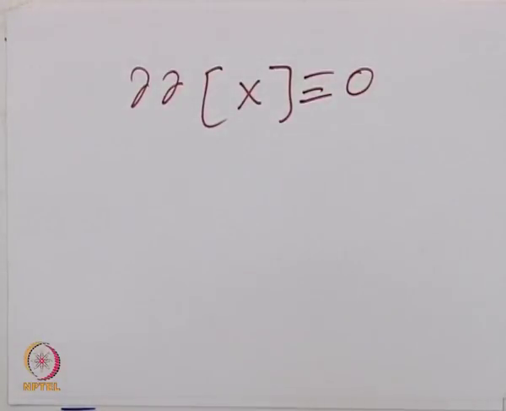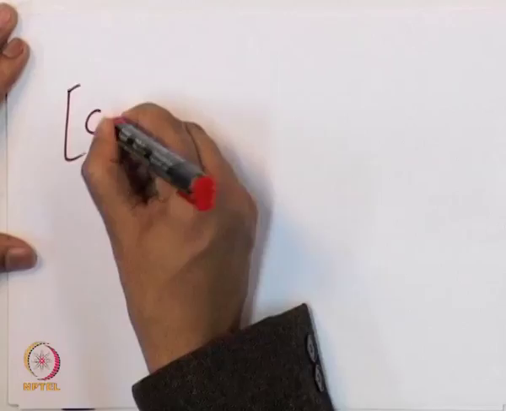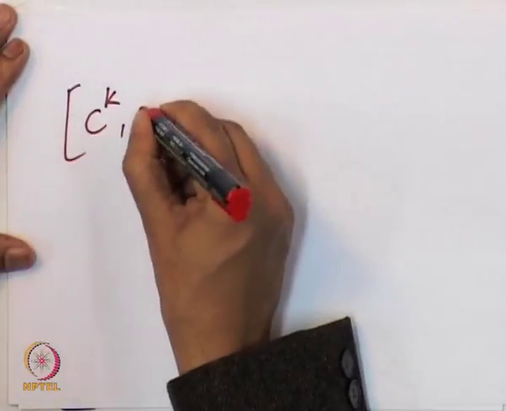So the second one is, when you are computing the value of a cochain on a chain, it has to be explained in a bit more detail. So let me explain this more in detail. What I am doing here is computing the value of a cochain on a chain. Remember, the cochains are nothing but physical variables that are located on a particular chain. So if I want to compute the cochain, which is written as a superscript on a chain,